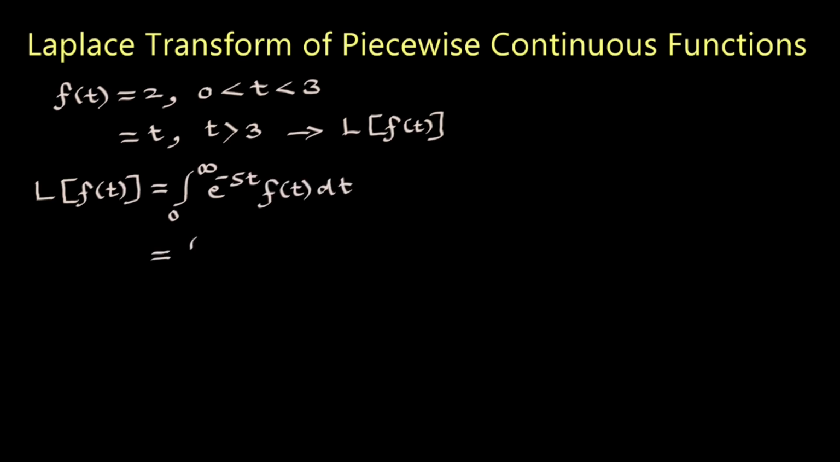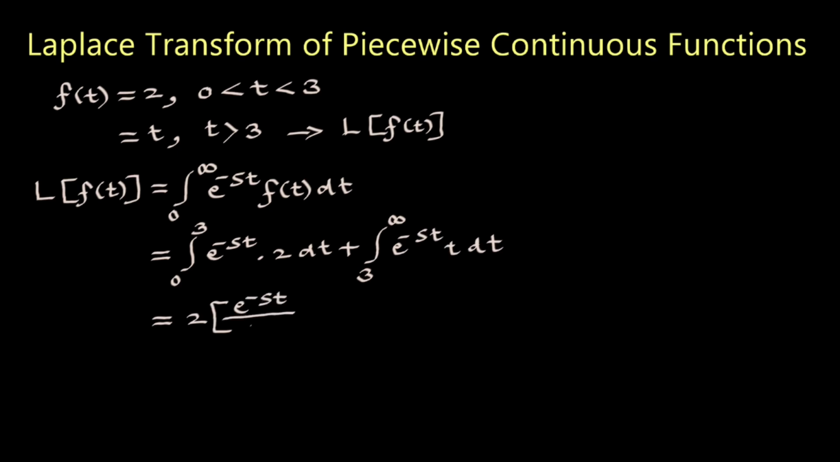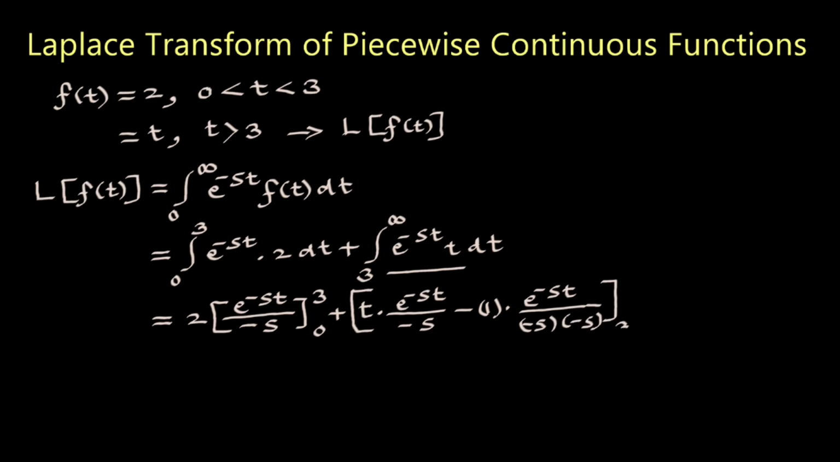for the first interval integral from 0 to 3 e raised to minus st into 2 dt plus for the second interval integral from 3 to infinity e raised to minus st into t dt. It is 2 into e raised to minus st upon minus s from 0 to 3 plus by integration by parts, first function into integral of second, e raised to minus st upon minus s, minus derivative of t, 1, into integral of the second function, e raised to minus st upon minus s into minus s, from 3